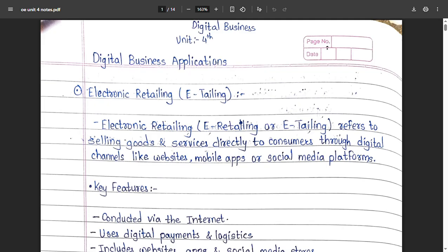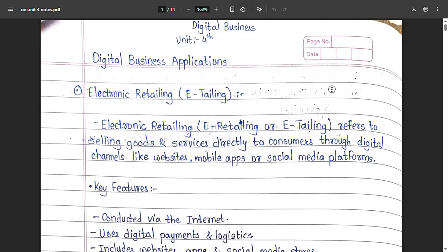It works through online stores, product catalogs, secure payment systems, and digital marketing tools. What is the example for this? Amazon, Flipkart, Myntra, Netmeds.